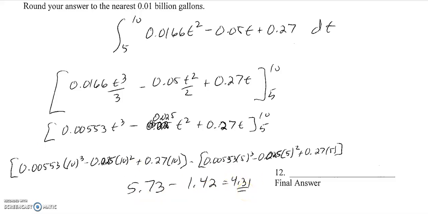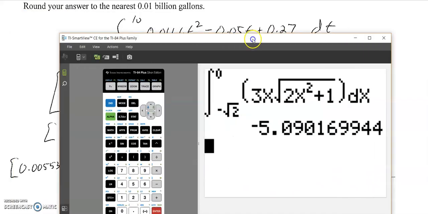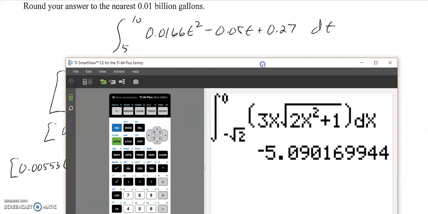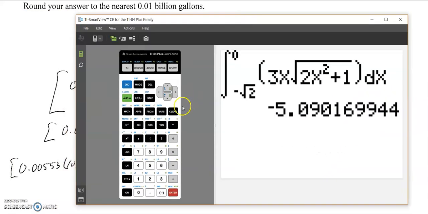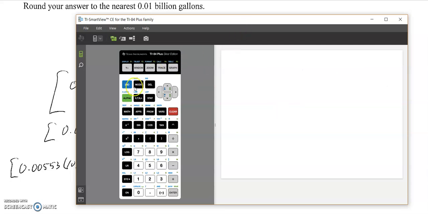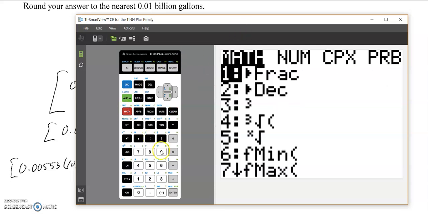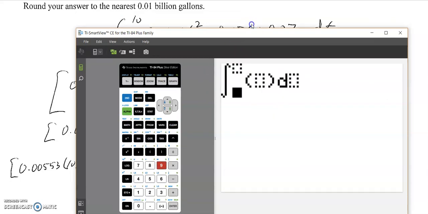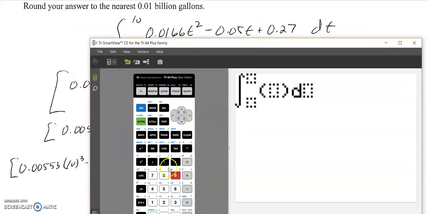Now again, because we have a definite integral with numbers, we can type this in the calculator. So I'm going to hit clear. I'm going to press Math 9. And this is going from 5 to 10. So 5, push to the right, 10, push to the right,